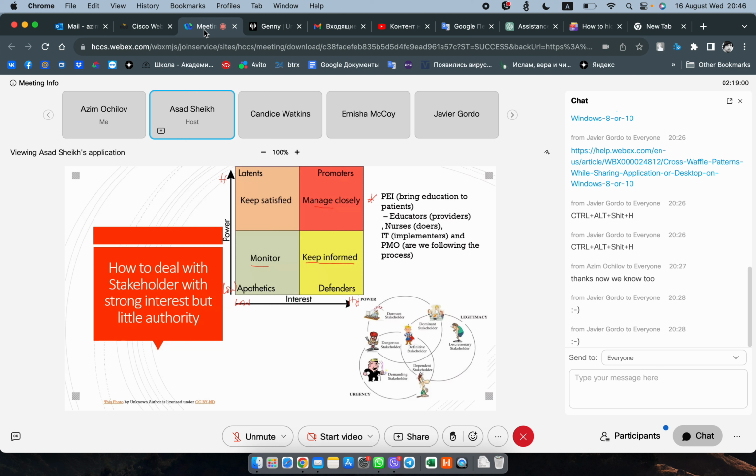So if somebody has high power but low interest, you just keep them informed. So these are the type of questions in PMP that they may ask. So depending on the type of stakeholder you have, what should you do? And there are two other alternatives here. If you have low power and high interest, you just keep them satisfied. So just memorize this little slide, or this